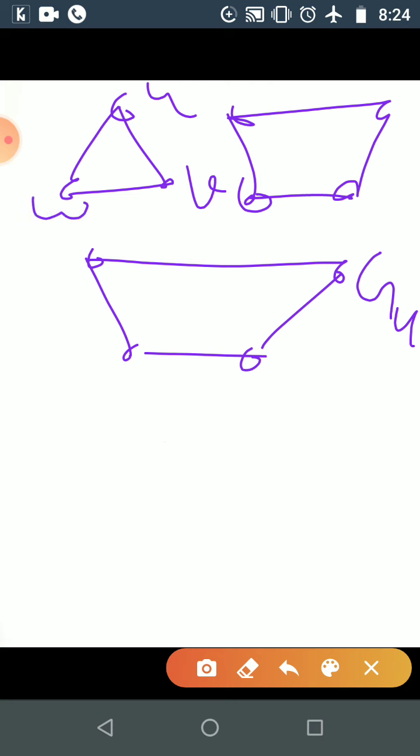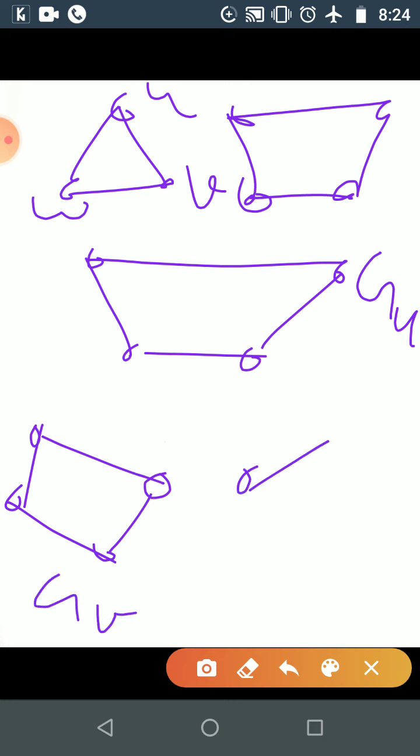Okay, so here this is V copy, GV, and this is W copy. Okay, and the corresponding vertices will be adjacent,